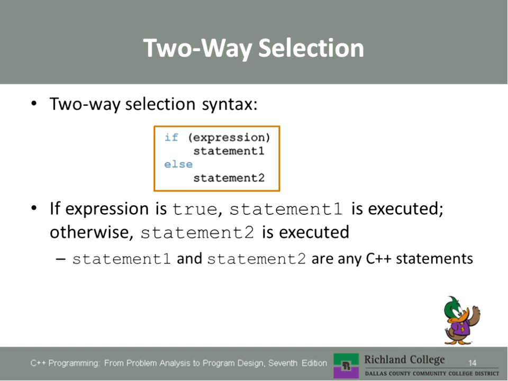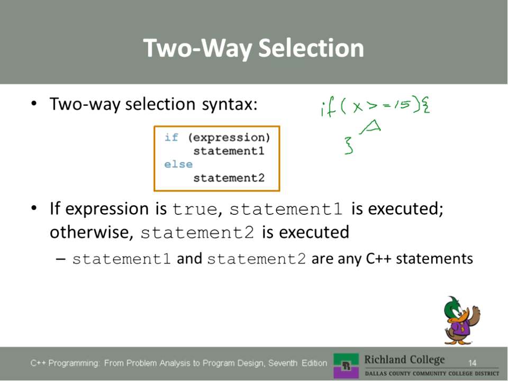So the pseudocode is language independent. Now we are moving into language specific syntax. C++ does not use the end if to show the end of the if statements or the if structure. When we're talking about an if statement in C++, what we're going to have is if, then you use the parentheses, and let's say x greater than or equal to 15. And then we have a curly bracket,